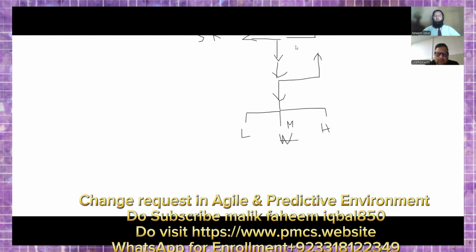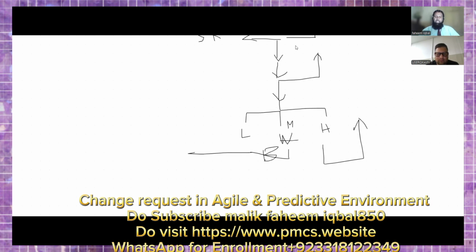If the value of the change request is medium, then the PM and senior stakeholder have authority to approve that change request. If the value of the change request is very high, then after detailed impact analysis the PM will forward that change request to the sponsor. And if the sponsor rejects the change request, then it is sent back and the change request is communicated. If the sponsor approves the change request, it will go to build, and the change request is communicated